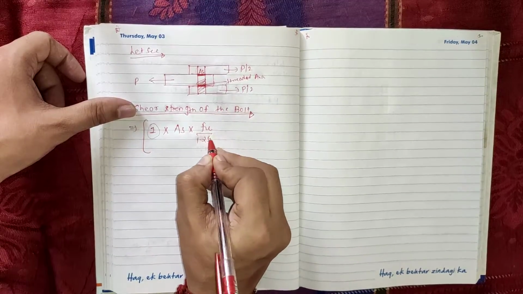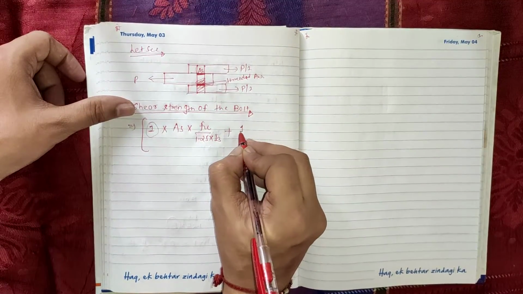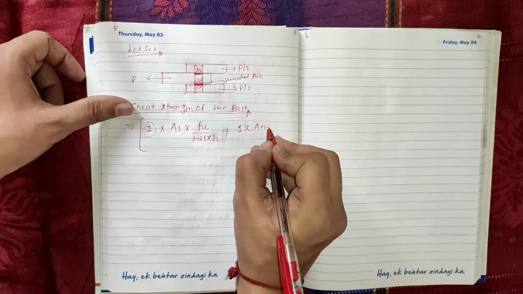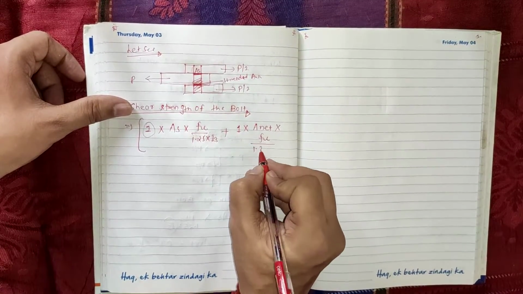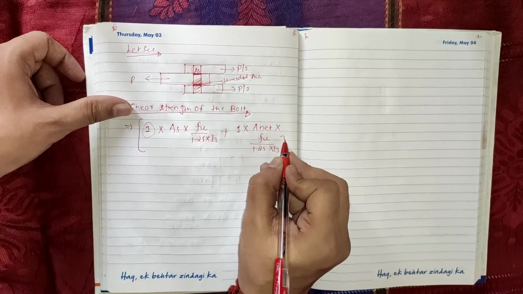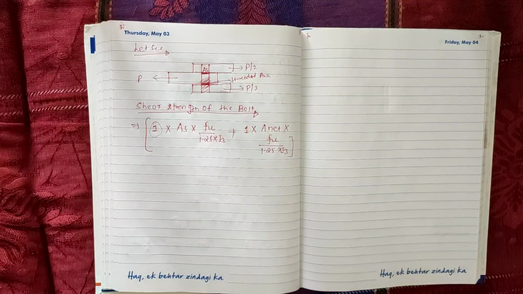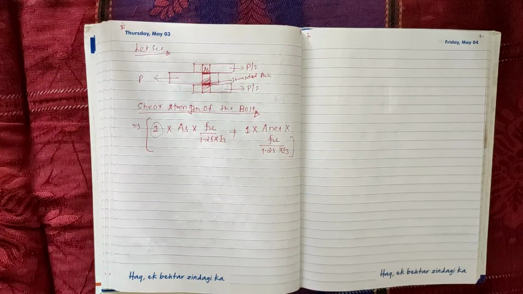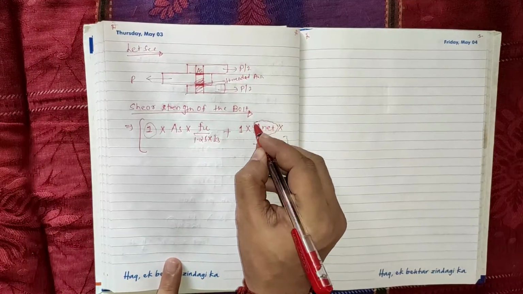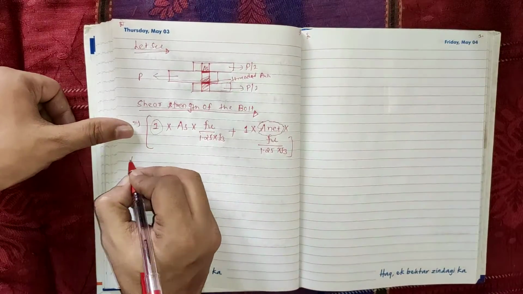Ultimate 1.25 into root 3 plus for the shank, number of shear plane is 1 into area net for the shank and into permissible stress Fu upon 1.25 into root 3. Is it clear? If there is no information about the shearing plane, always try to use area net, as it gives conservative and safer design. Write down. So you have to always use area net. If the problem is like this, we should use this, note down.